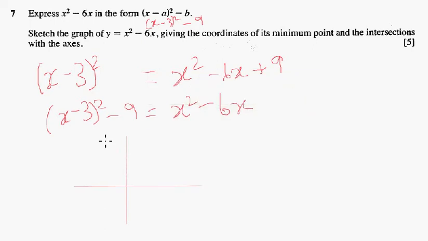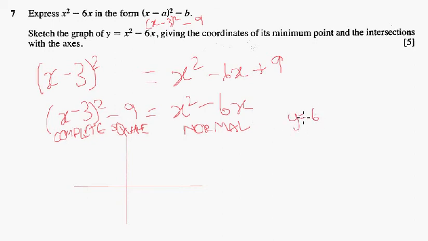Yes, thank you. Right, so this is our completed square form. And this is our non-completed square form. I'll think of a name for it quickly. Normal. Okay, let's call it the normal form. Now, these two ways of expressing x squared minus 6x both have their advantages when it comes to sketching a graph. In the normal form, if we're looking at y equals x squared minus 6x,